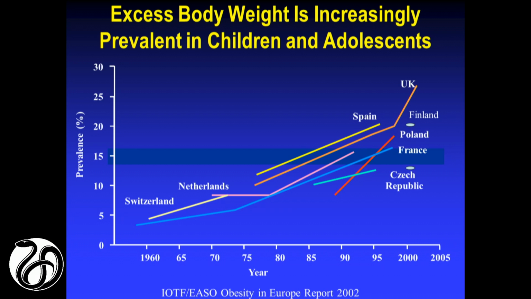The data here are not as clear as to where the inflection point is, largely because I don't think other countries have the same quality of the data that we have. Nonetheless, you can see that the prevalence of obesity in children and adolescents around the world in these developed countries has increased rapidly. Now, going back to the U.S., the next slide shows the changes in the prevalence of